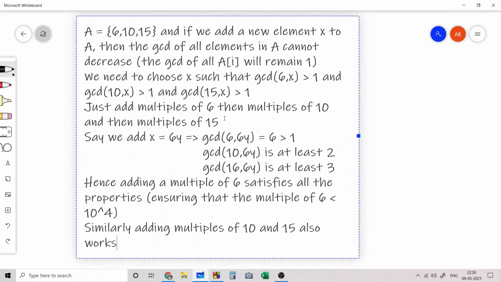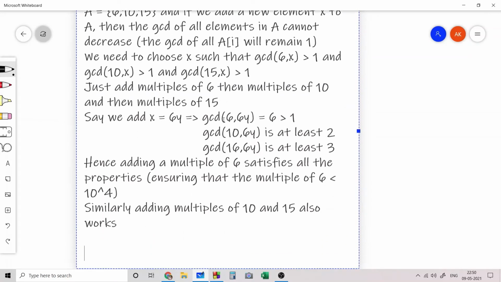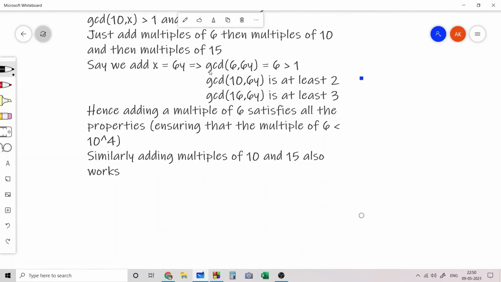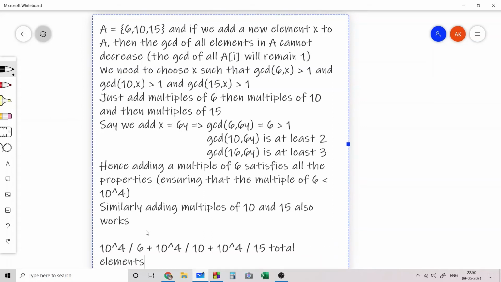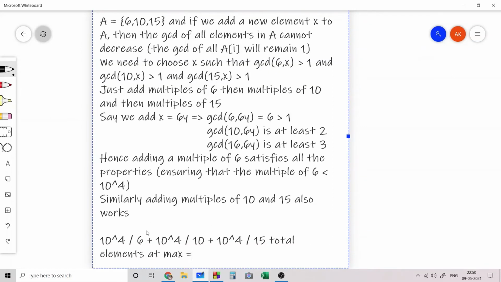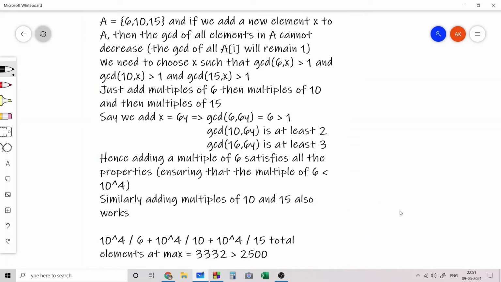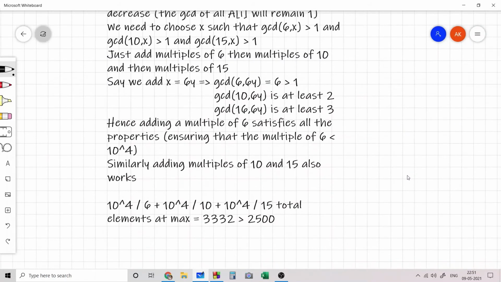And this works because of how many multiples there are: 10^4 divided by 6 plus 10^4 divided by 10 plus 10^4 divided by 15 gives total elements at max, and this value is actually 3332, which is much greater than 2500.